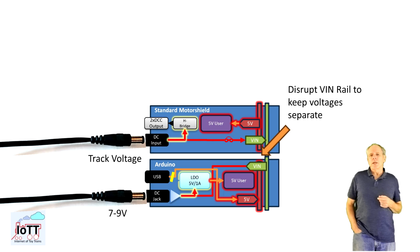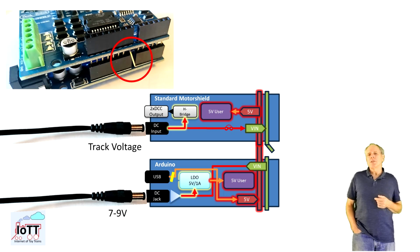The standard solution to that problem is using separate power supplies for the Arduino and the Motorshield board, not more than 9 volts for the Arduino, and whatever track voltage you want for the Motorshield. And of course, to make it work, you have to interrupt the V-in rail so that the 2 voltages are kept separate. A common solution is to simply bend out the V-in pin of the Motorshield, or even to cut it away. Personally, I don't like this solution as it constitutes a permanent and not necessarily easy to undo modification